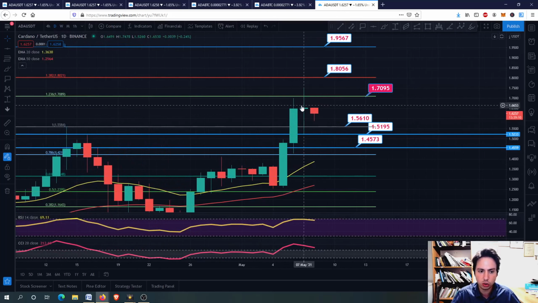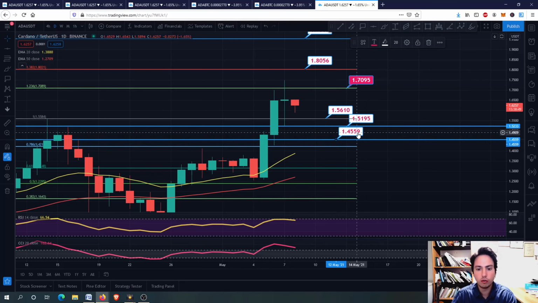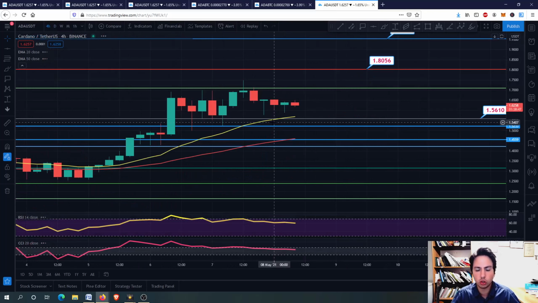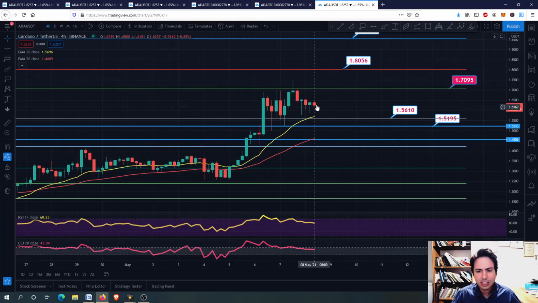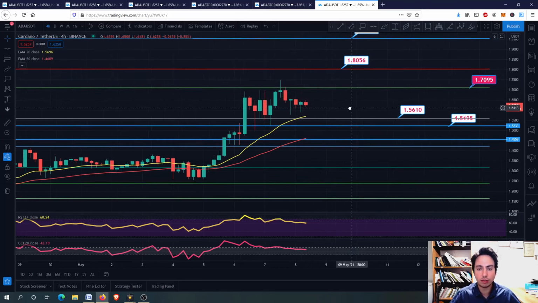Superstar candle, when this usually appears, then we are having a correction a little bit afterwards. But we might hit the 1.56, 1.51, even the 1.53, or I don't know if we will go around 1.42 to 1.45. I don't know if we will go around there, but you have to wait for the short term. If you are a new investor to ADA, just wait till we see where we will be landing, and of course you can have more sure profits, because minimizing the risk is very important for cryptocurrency markets.